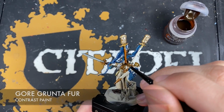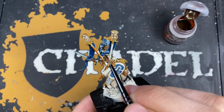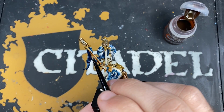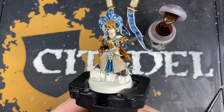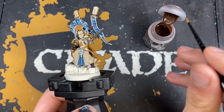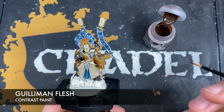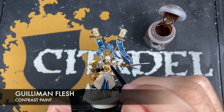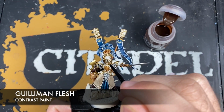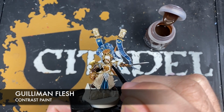Like this. And then just use the brush to just move that excess around. And with that Gore Grunta Fur added, we're now ready to do his face. So the colour that we're going to use is Guilliman Flesh. And we want to be really careful here, because we don't want to get this all over that gold or that white. So we just want to very carefully